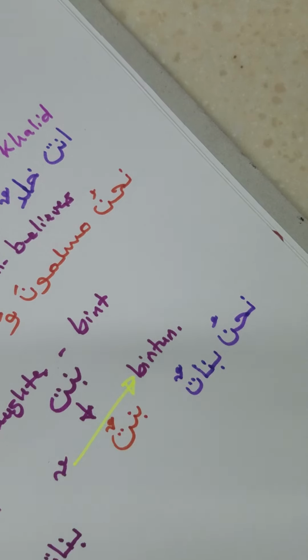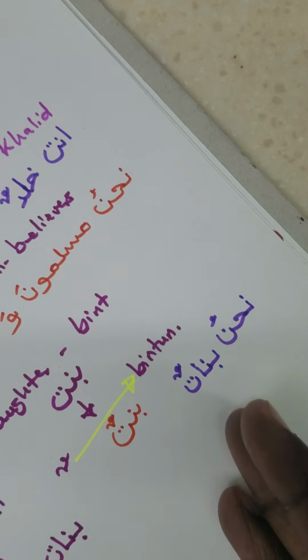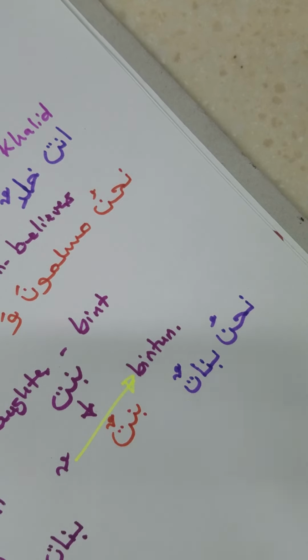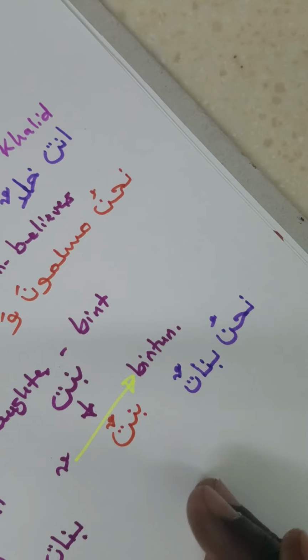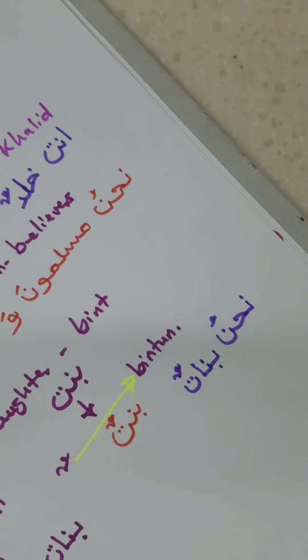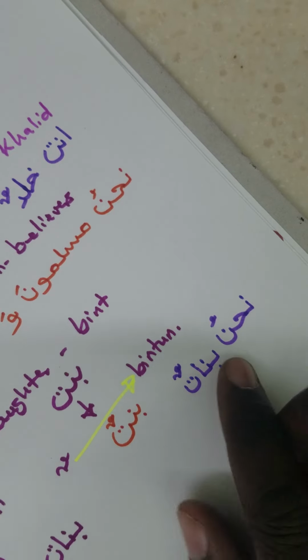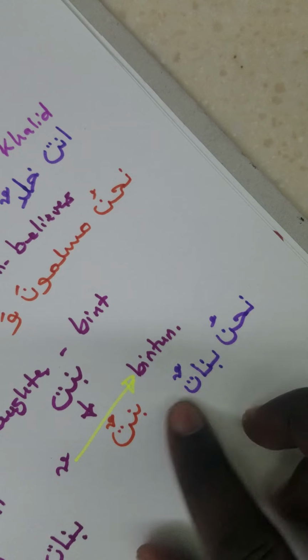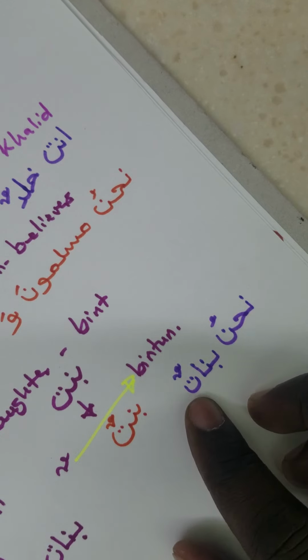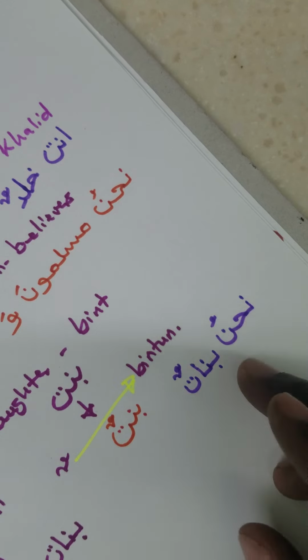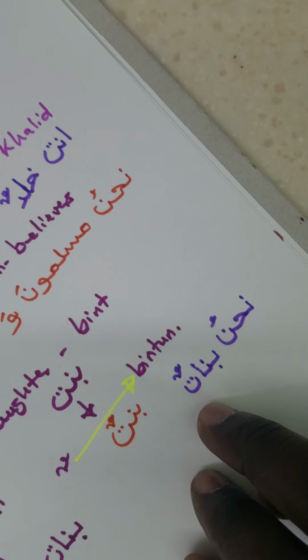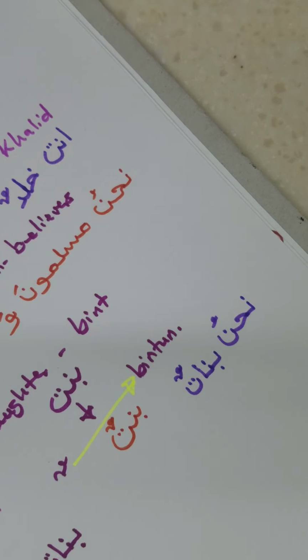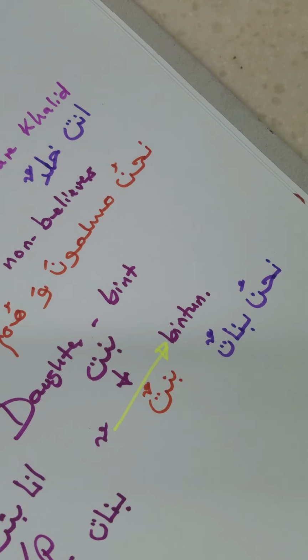And this is how easy these things are. I'm telling you, if you clear your head and follow the lessons that we had at first, when we come to this stage, this is how simple the language can be. This language is so much easier than most African languages, because you just know when you see this is case one. So this one is banatun, nahnu banatun. The person will understand that this person talking is saying, we are daughters.